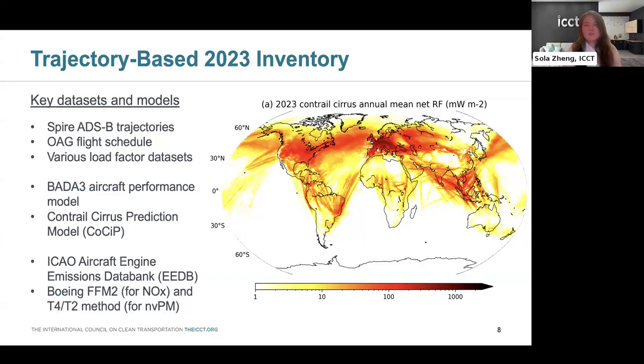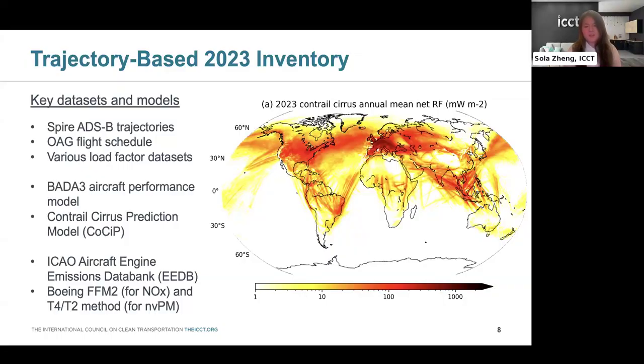And on the right side, you will see a snapshot of the average amount of contrail being emitted in 2023. As many of you may already have heard, contrail is a very geographically concentrated issue. And you can also see on this map that there's a really big hotspot in the North Atlantic airways concerning US and the EU,